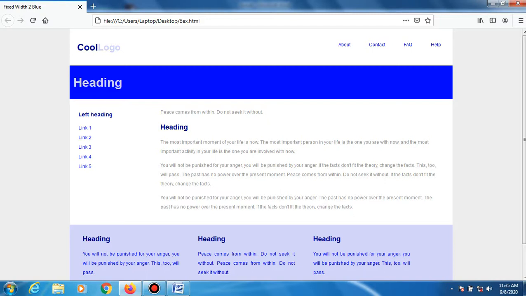In the footer, there are three heading lines and some contents. Instead of these heading tags, the user can write as per the requirement and demand of the user.